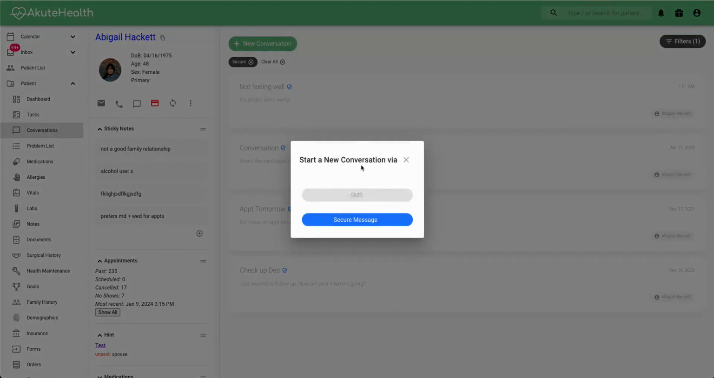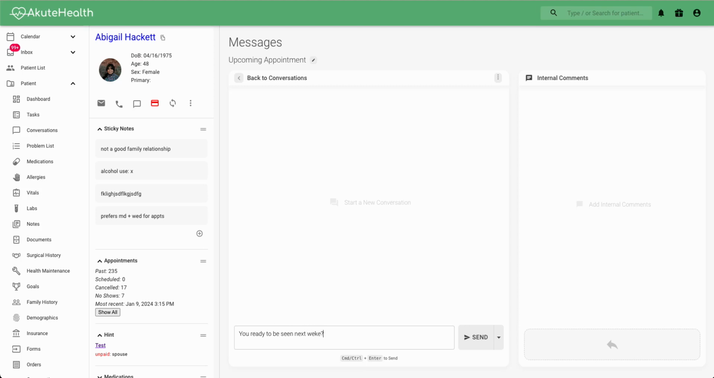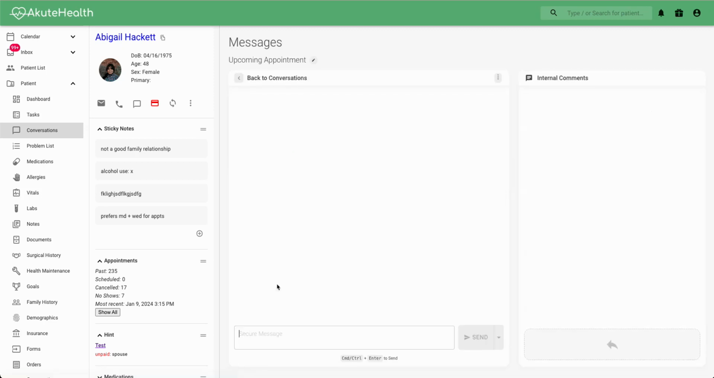You can start an SMS conversation if you have that enabled. If you don't have SMS texting enabled and you would like to learn more about that, please let us know. And then also you can start a new secure message conversation. And you can name the conversation. Maybe you want to talk about an upcoming appointment or something. And start a message. And go from there. So super easy, send the message, patient will receive an email notification,